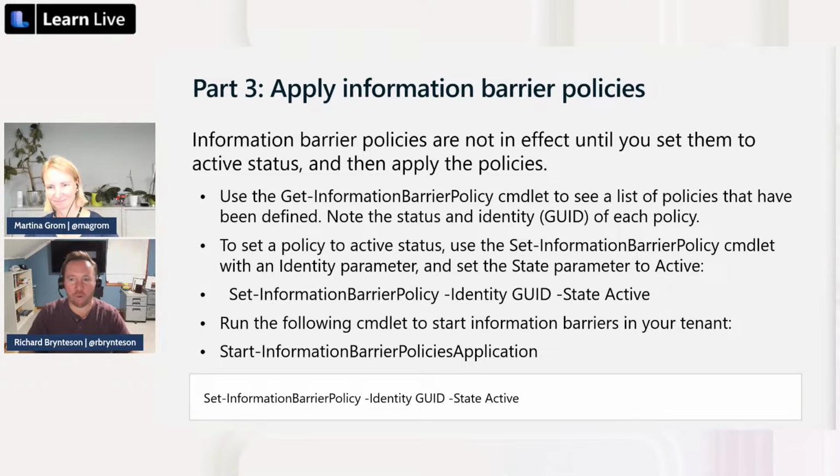So they go through this whole process to try to segment the CEO and the CFO and these folks into a little group, and they use information barriers, and it typically falls apart really quick. When you have an information barrier set up, it's not just that I can't chat with them, I can't call them, I can't participate in meetings with them. There's a lot of things that happen under the hood. So like Martina mentioned, if there's a better way to do it from a user behavior standpoint, don't rely on this technology solution for those kinds of instances.